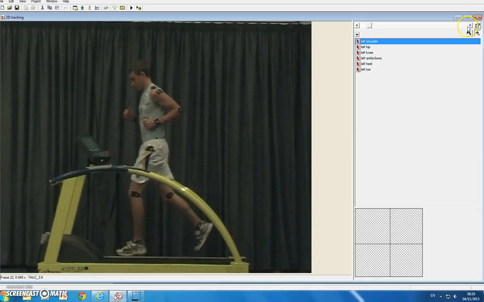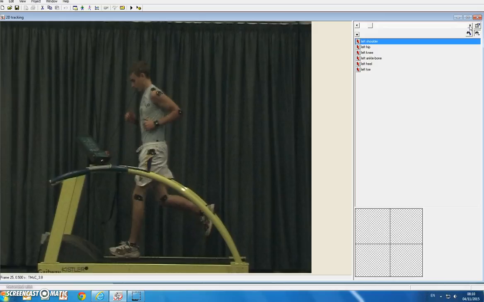So the purpose of digitizing, remember, is to locate as accurately as possible the joint centers at different points throughout the video. So the first decision that you need to make is where you're going to start digitizing. Normally you would start digitizing at a key event, so that might be foot strike or it might be toe off. So for example, if I determine that this frame here is foot strike,